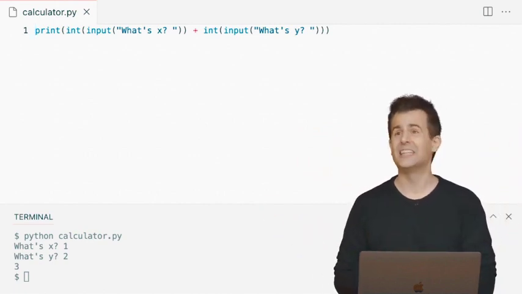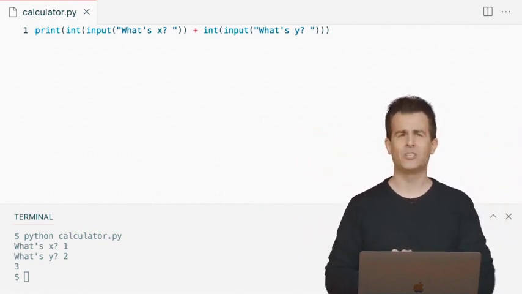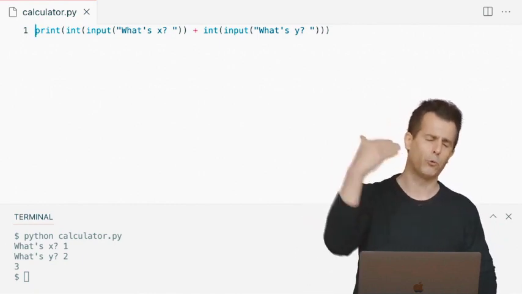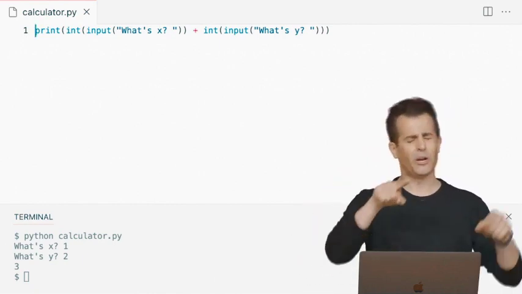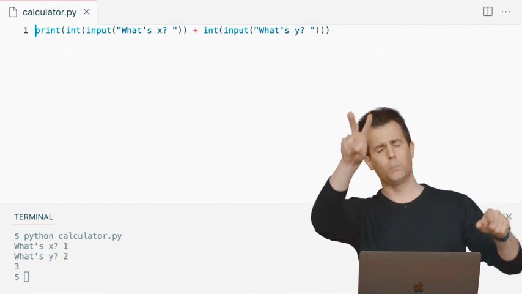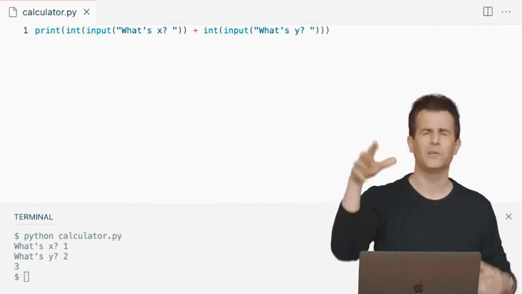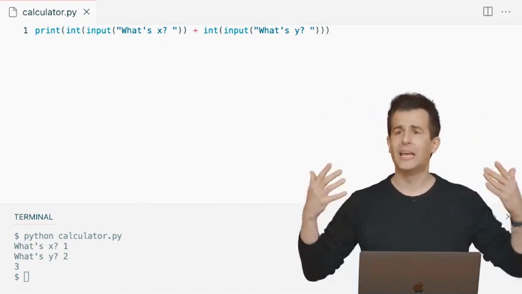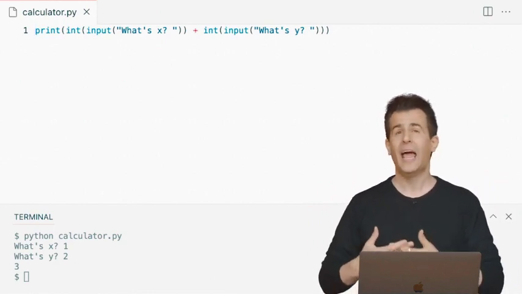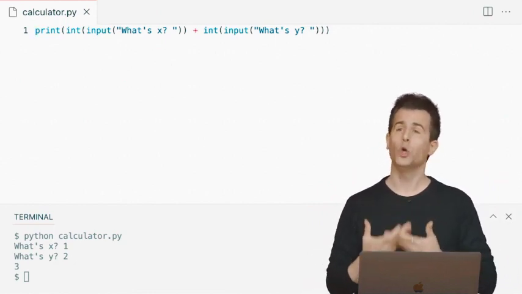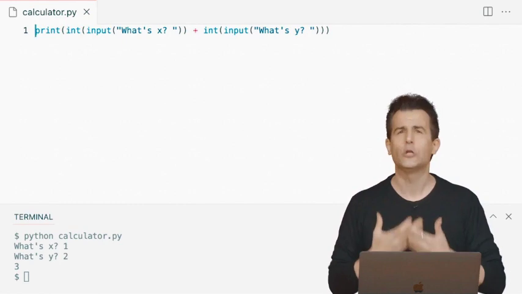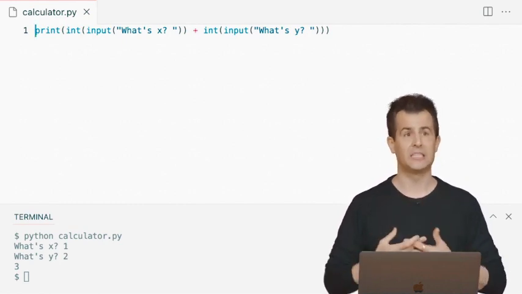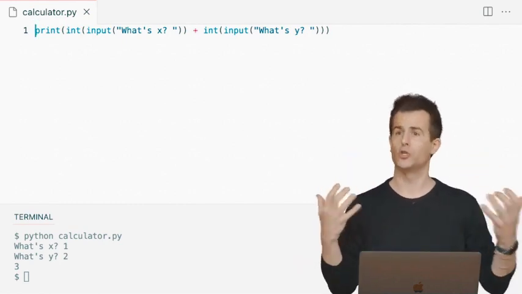I would argue this actually isn't that simple. Now I think I'm starting to nest too many things. I have to think about print and int and input. I then have to notice that, OK, I've opened 2 parentheses. I've closed 2 of them. There's a plus. You're making me think too much. And anytime you make me think, you're wasting time. And anytime you complicate the look of the code like this, you're just going to increase the probability of mistakes, syntactical mistakes or logical errors in your code.